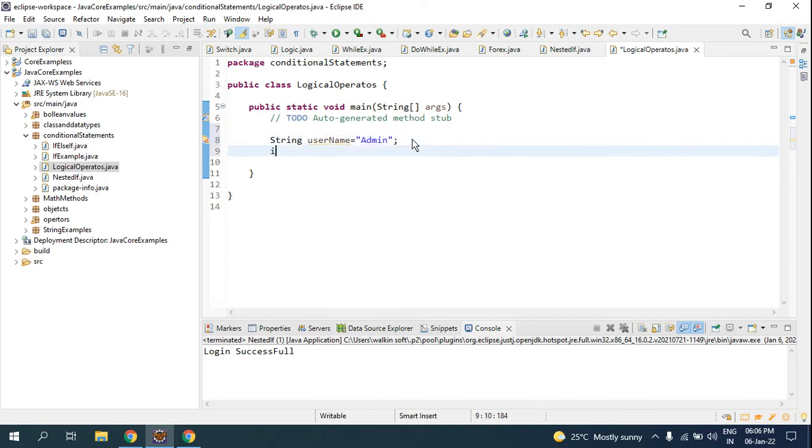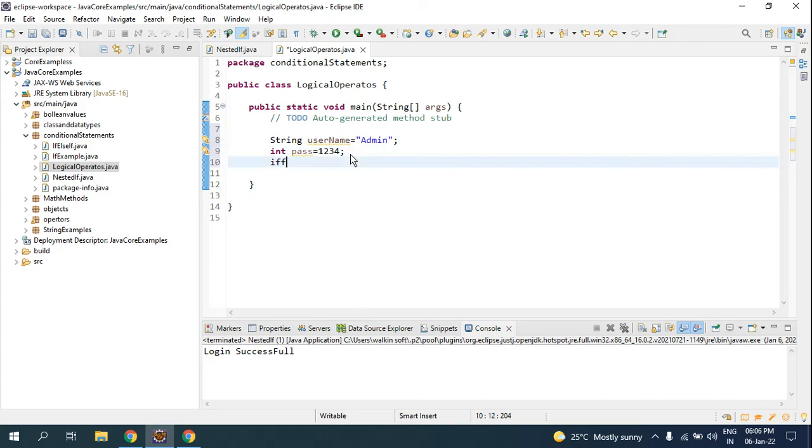I'll declare the password as integer data type, pass, equals 1234. The same example, but done differently, because before we did it for nested if. Now I'm using the logical operators. So username is admin, password is 1234.